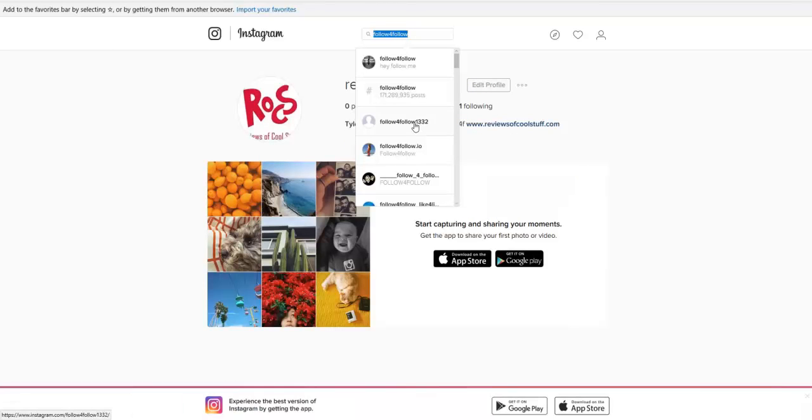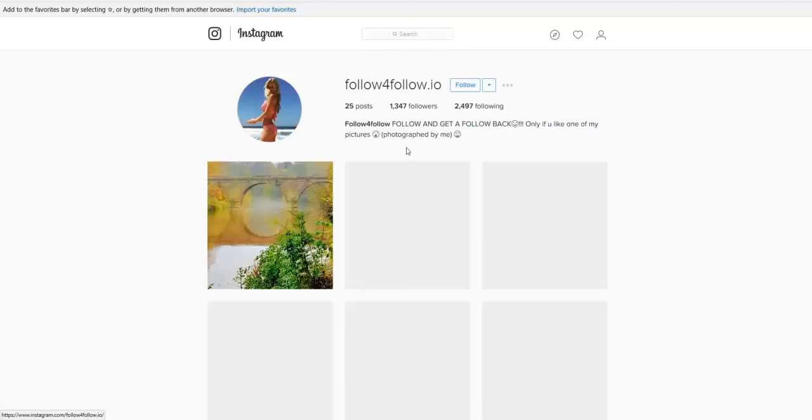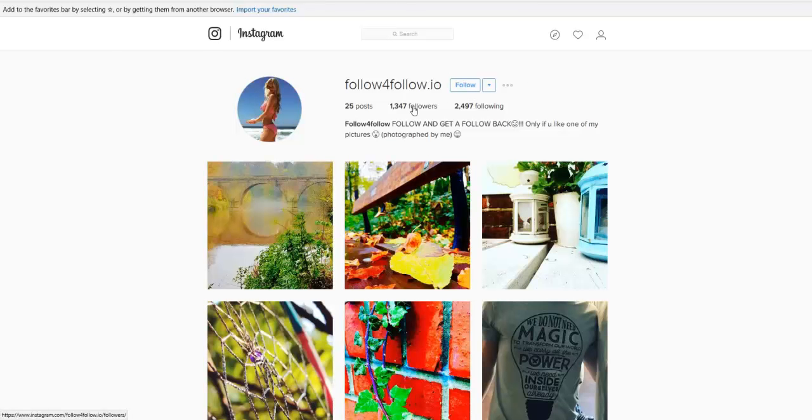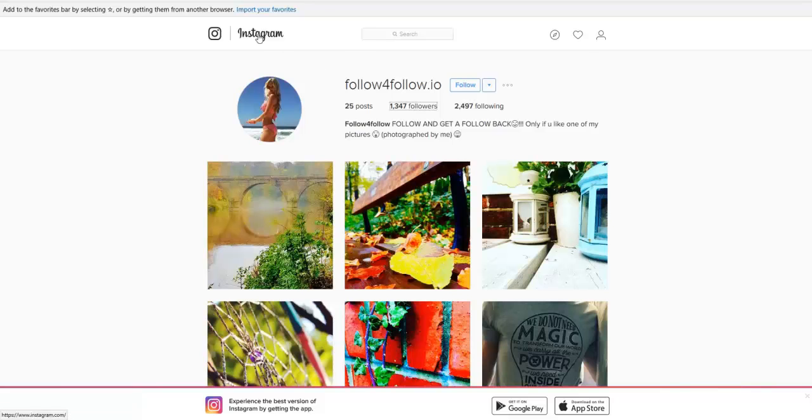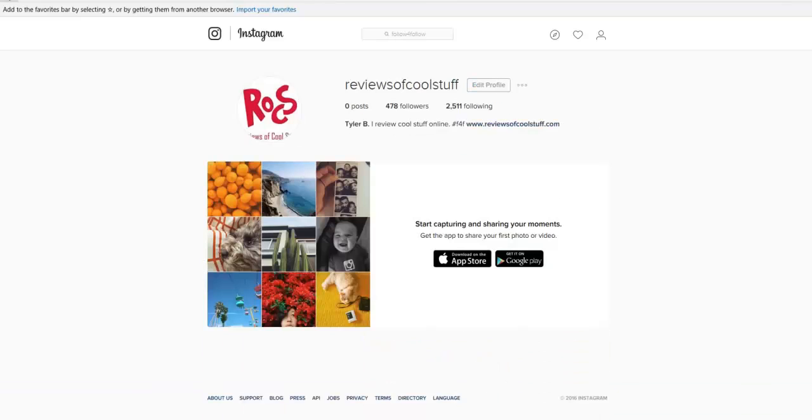Let's see. This one looks pretty good, about the same amount of followers as following, so I clicked on that and just go through and follow. Now this one, once I did like 1,000 in a day or something, and it put a temporary hold on me. I don't know with the Twitter, you can follow up to like 2,000 without any problems, and Instagram apparently you can only follow so much, so it had similar things. So that's how I did that on Instagram.